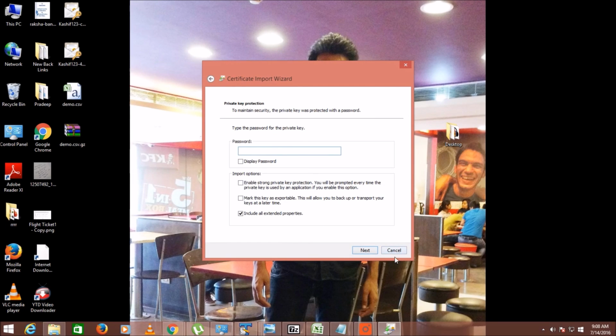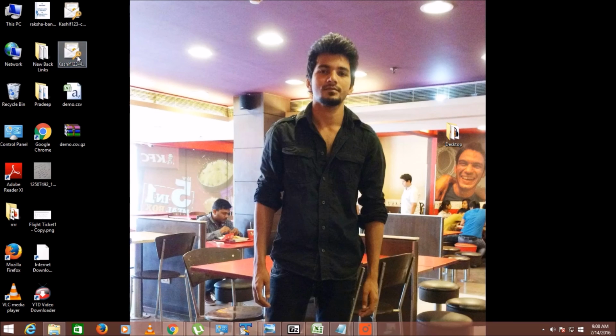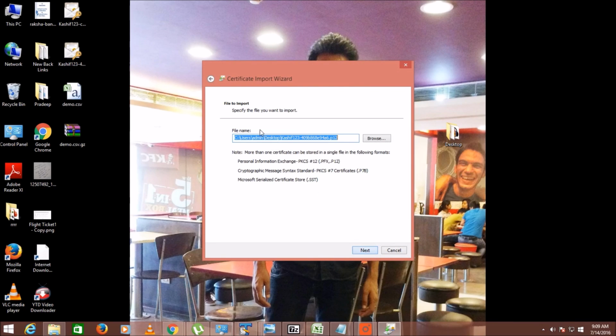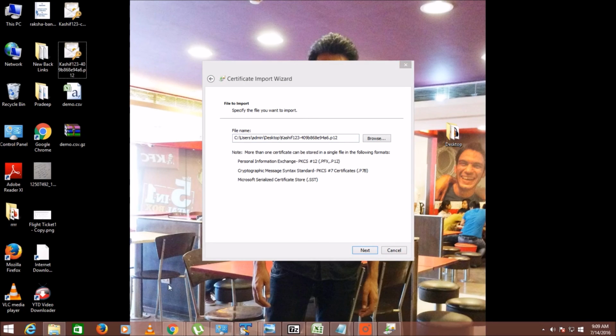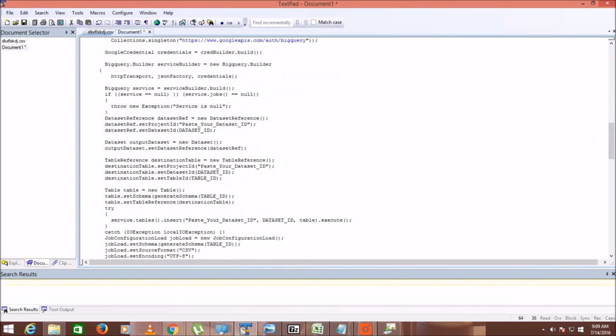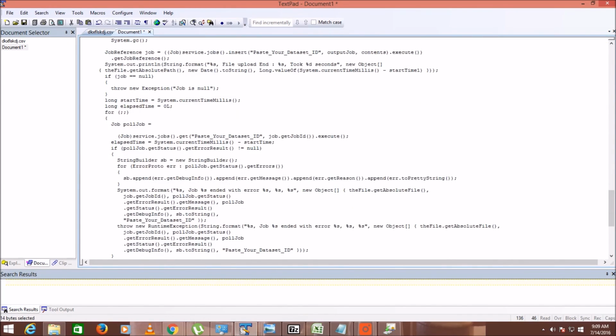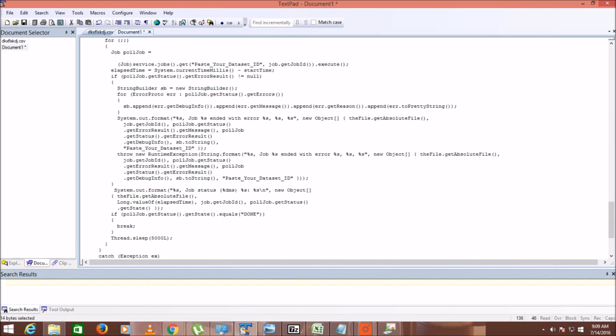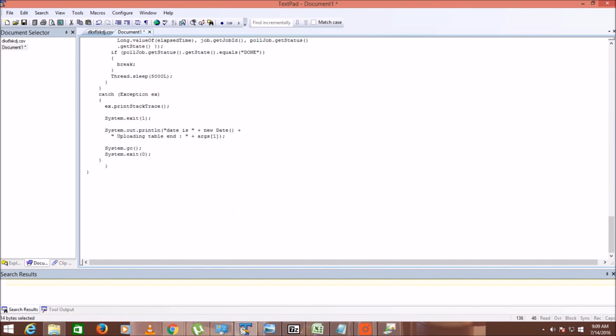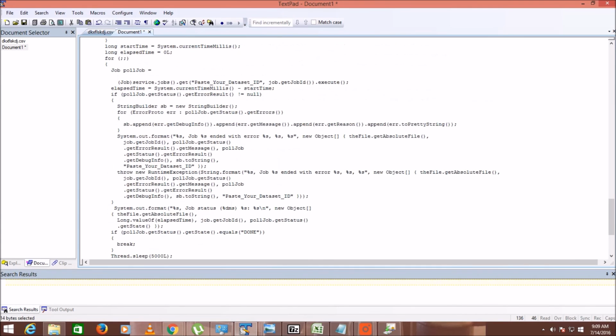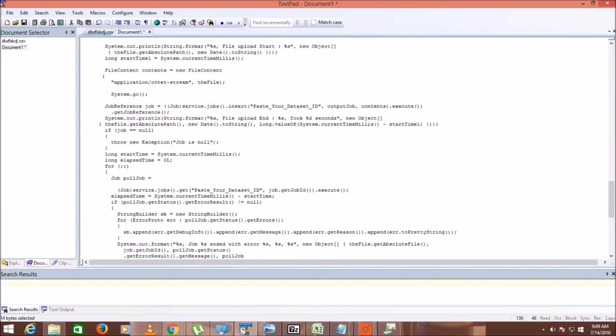So friends, you can get your secret key by opening it. So you can copy your secret key. This is the secret key. And after declaring the schema and providing the file path of the key, you will get everything. I have mentioned everything in the braces, that what parameter will come where.